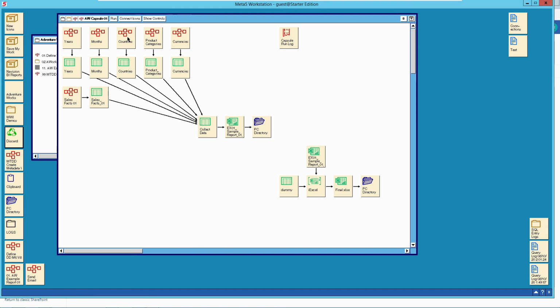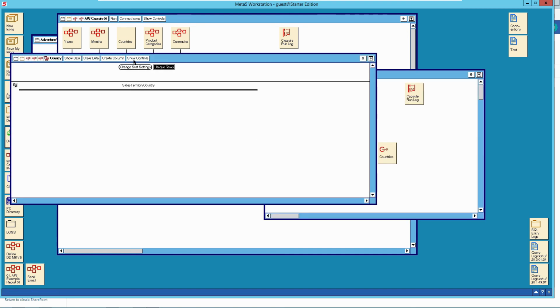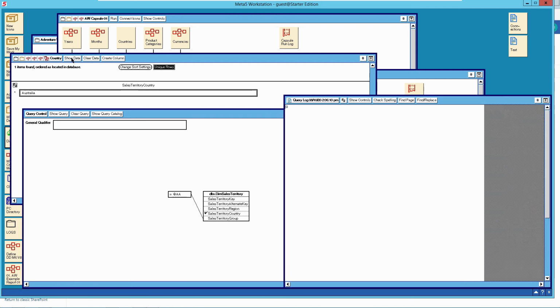Same with countries. Now, with countries it is a little different, because when we look at the query for the countries, we see @AA set as the constraint for the sales territory group. If we click on Capture SQL and click on Show Data, we'll see Australia as the returned country, and we'll see in the SQL the constraint on the sales territory group of Pacific. The @AA variable has inherited the value Pacific and sent it to the database to get just the countries for the